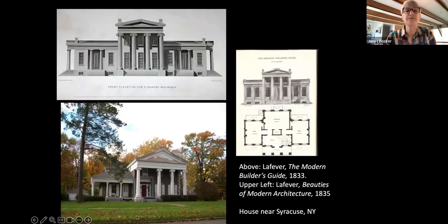around the United States. We see the use of classical columns, of a prominent center pediment as being also defining features of the Greek Revival style. And in a way, the Greek Revival is